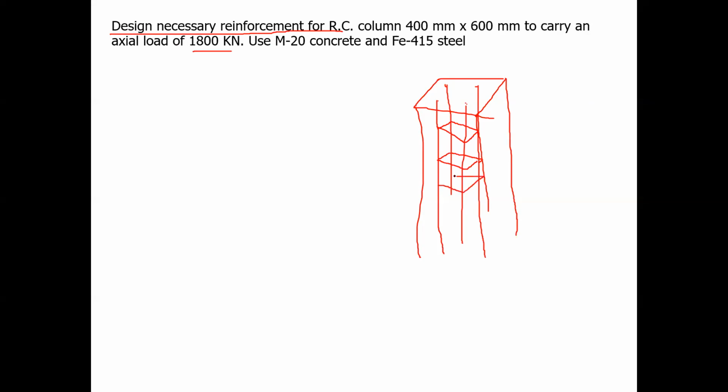Spacing. Okay, first you are going to calculate the steel which is required, right? The total area of steel, correct? So you have to calculate the total area of steel, then the number of reinforcement to be provided, then the stirrups. So you are going to calculate the stirrup diameter, then the spacing between each stirrup. Is that clear? Okay, take down.